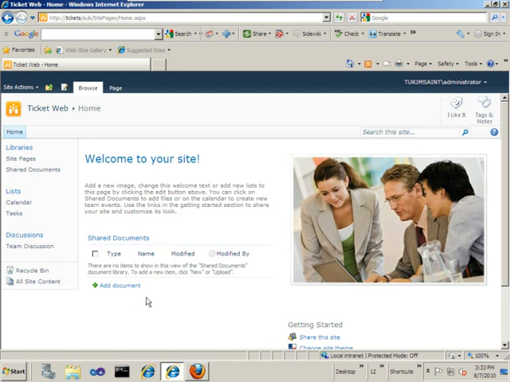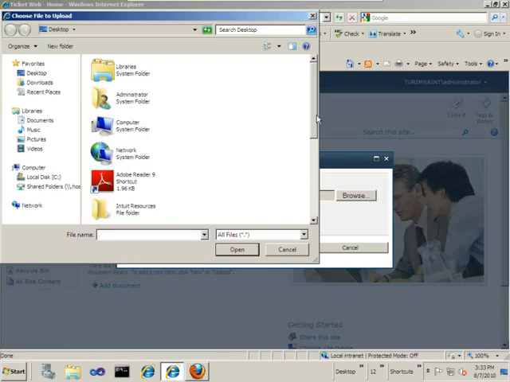This is a SharePoint 2010 team site. It has been enabled with SharePoint Tickets. SharePoint Tickets works equally well with MOSS 2007 and even Windows SharePoint Services 3.0. If I upload a document here,